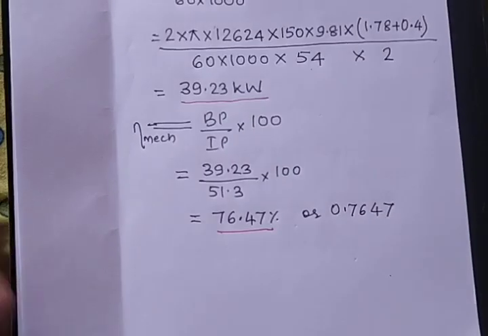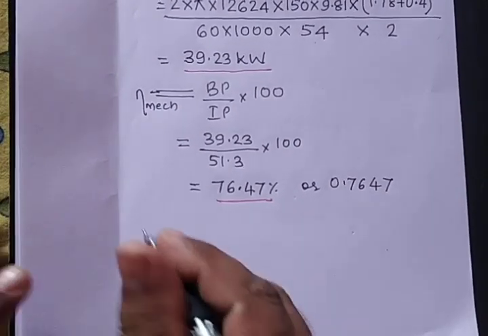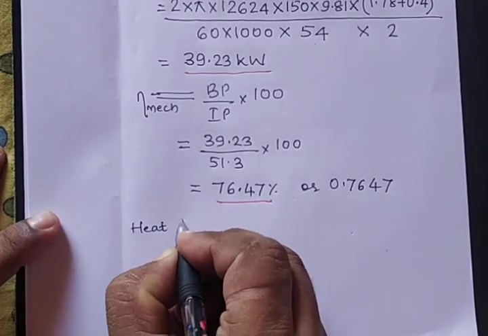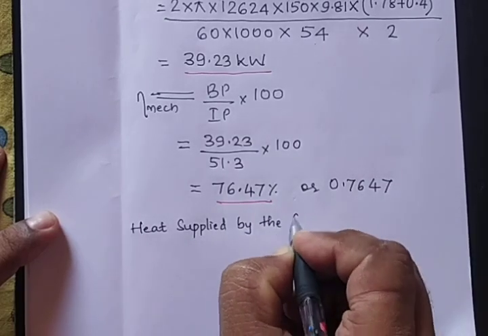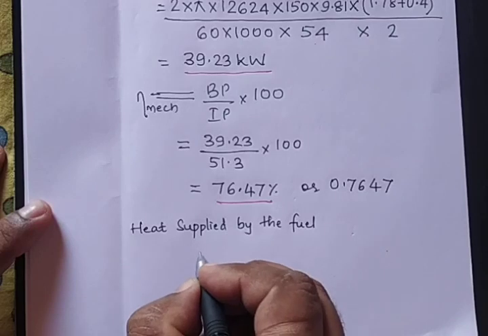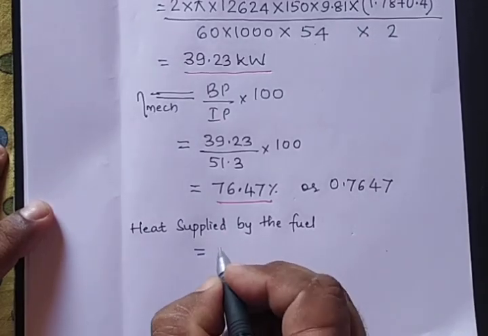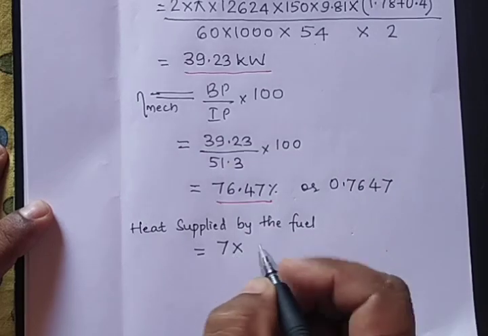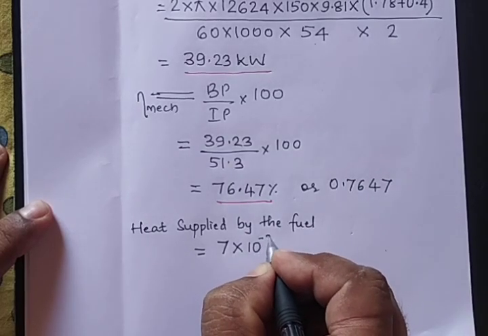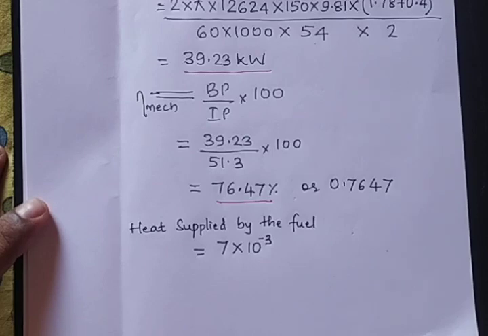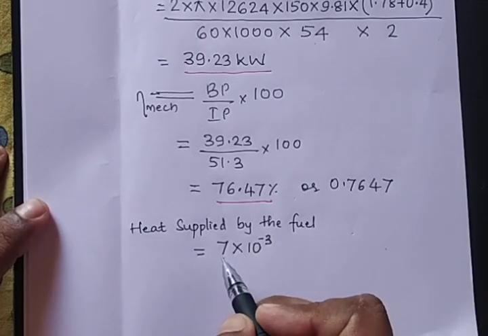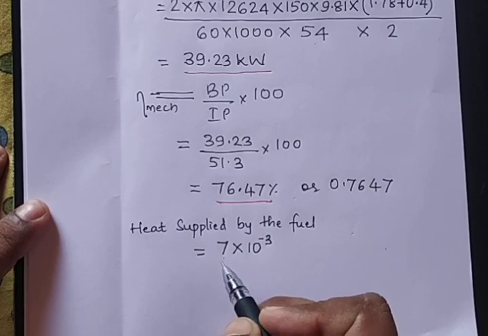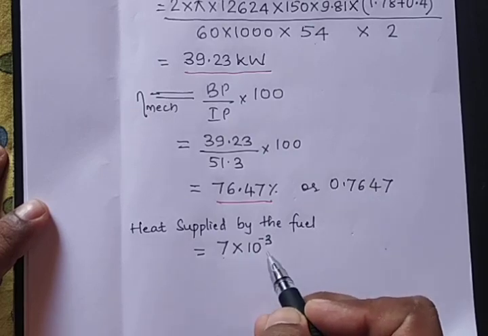So heat supplied by the fuel will be equal to, so he has given us 7 liters. So 7 into 10 to the power minus 3, that is 10 to the power minus 6 divided by 10 to the power minus 3. So it becomes 10 to the power minus 6. That is, first initially you are converting this 7 liters into centimeter cube, and then from centimeter cube you are converting this into meter cube. So into